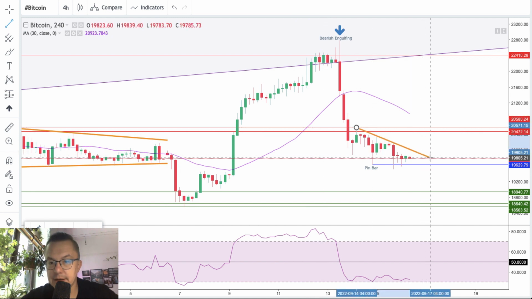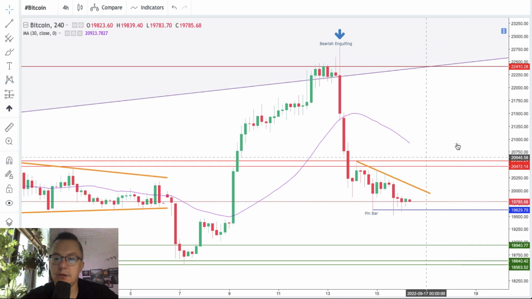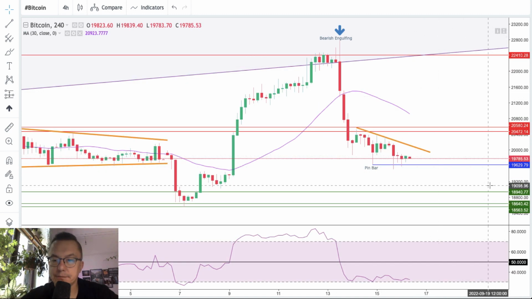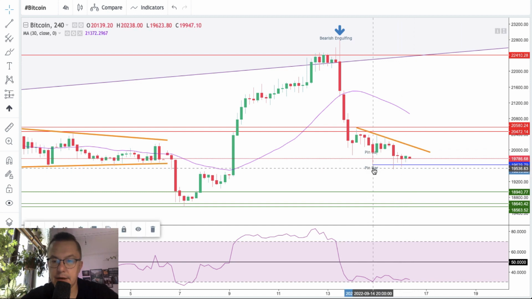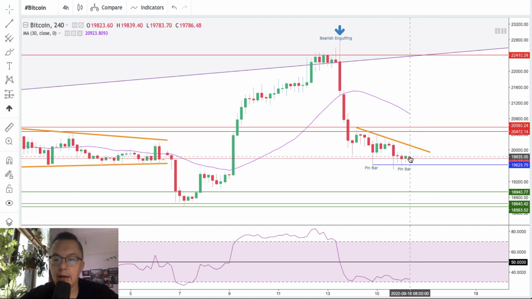Maybe if we put this line here, it will be much easier to notice that. Of course, the lows below 20,000 are being bought back up, because we have one pin bar here, and another pin bar here. This is a set of pin bars. However, the market is truly trending down, because this RSI indicator doesn't even bounce from the level over 30, occasionally 35. So there is strong bearish pressure, and we will likely see a breakout below 19,629 towards